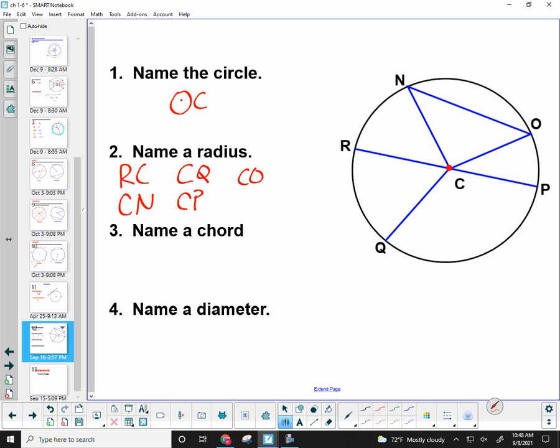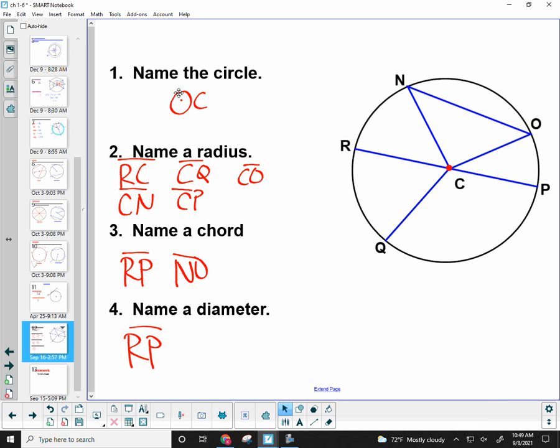Good. How about a chord? What are our chords up here? R, P, and O. Good. All of those are chords. And then finally a diameter. RP. RP is the only diameter. Good. Okay, so for your homework,